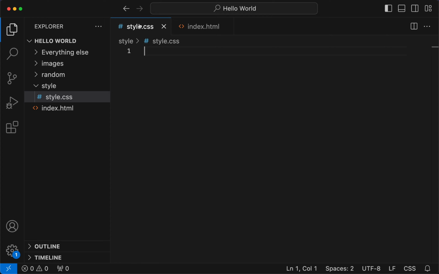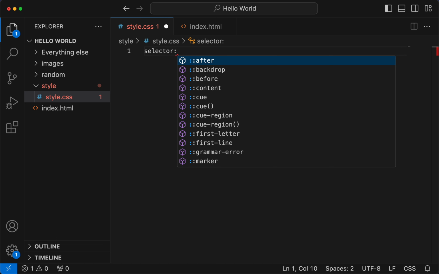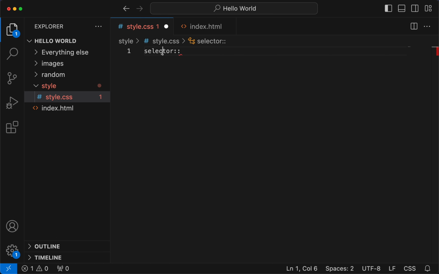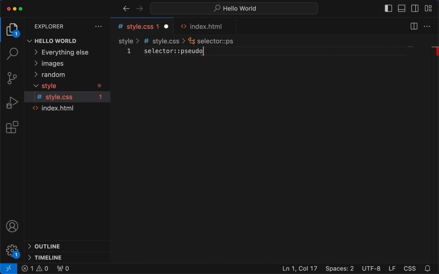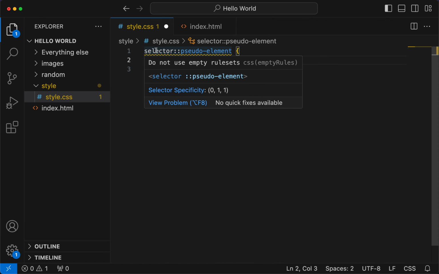So here the syntax is: selector. The selector could be anything. It could be an element selector, ID selector, or even a class selector. And then the pseudo element. Then obviously the properties. Now here I'm going to say